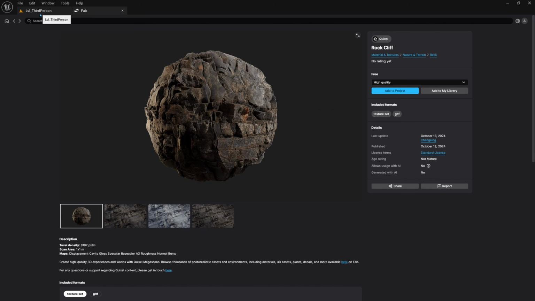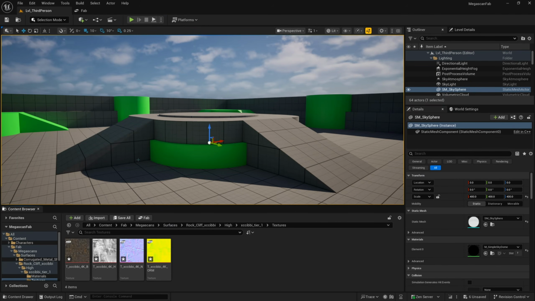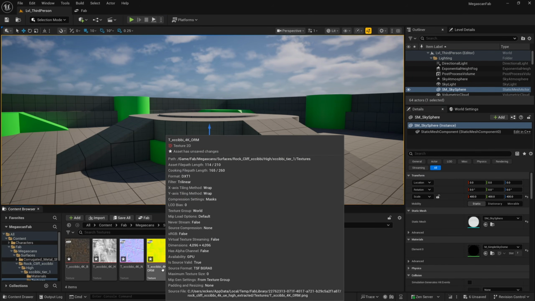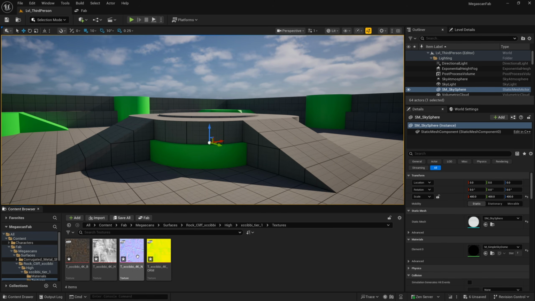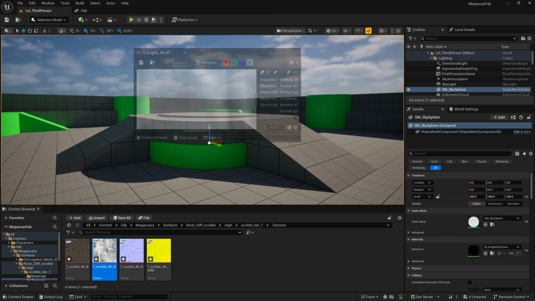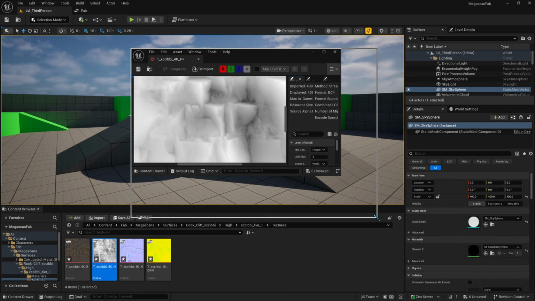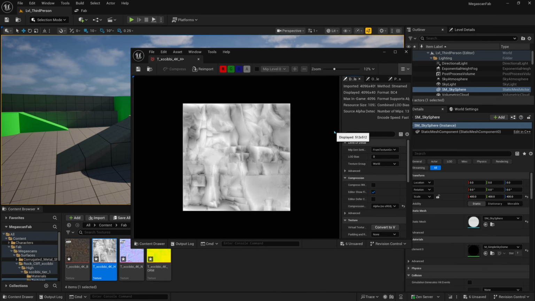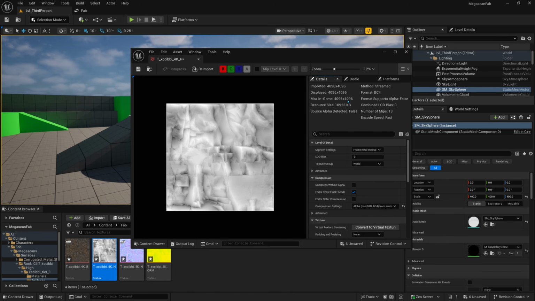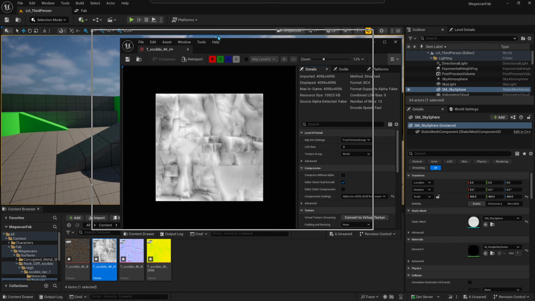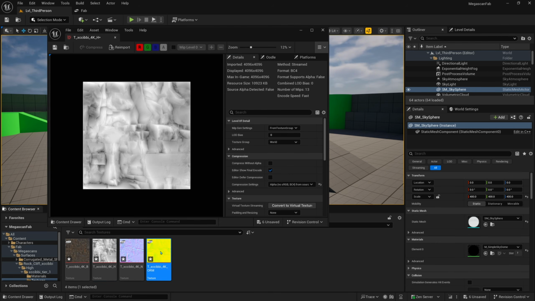And it used to not be like that in the old version of the Quixel plugin. The ORM texture that you see here used to be an ORD, and D stands for displacement, which also means height. So as you can see here, we have a height texture that is a separate texture all on its own and takes up an entire texture sample in your materials, which isn't that efficient. And then we have an ORM texture here